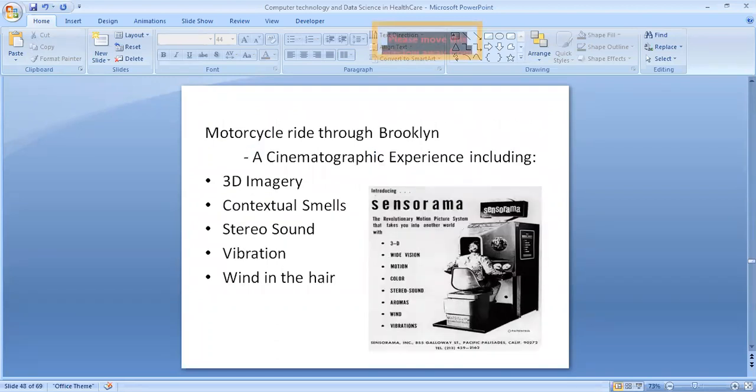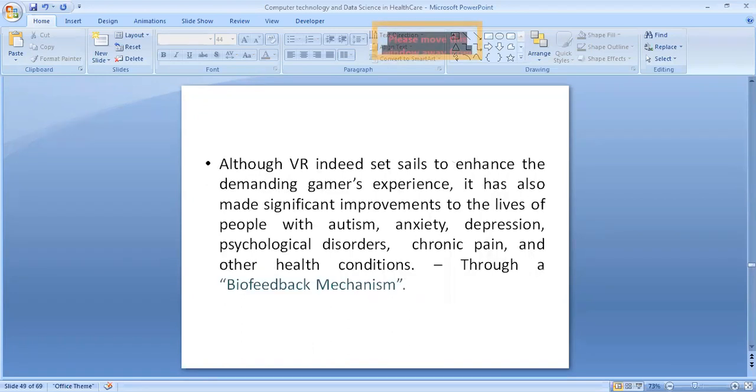So this one is an old picture, the first and foremost experience of virtual reality. It was called motorcycle ride through Brooklyn. They provided the first virtual experience for people, with 3D imagery and contextual smells, stereo sound and vibration, and wind in their hair. So now this has extended to the usage of virtual reality in medicine, and again that was possible because of the